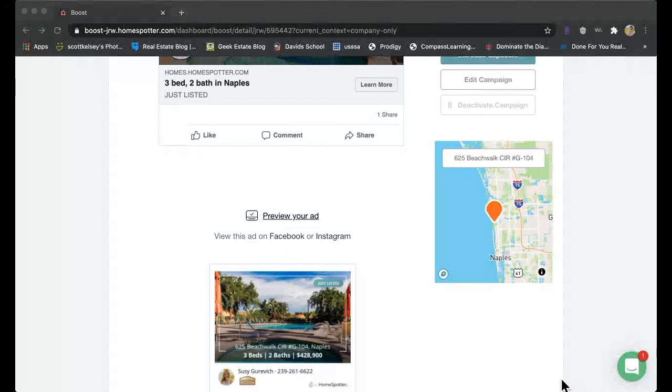Can we change from rectangle to square? Lisa, those ads are built specifically for certain things. So the rectangle ads are for Facebook and Instagram. The square ads are only for the Facebook affiliated websites, meaning Naples Daily News has a little square ad, Wall Street Journal has the square ad, foxnews.com, CNN.com, Sports Illustrated, all those are square ads.